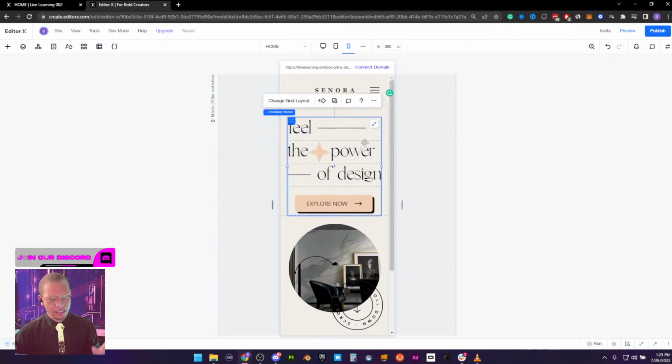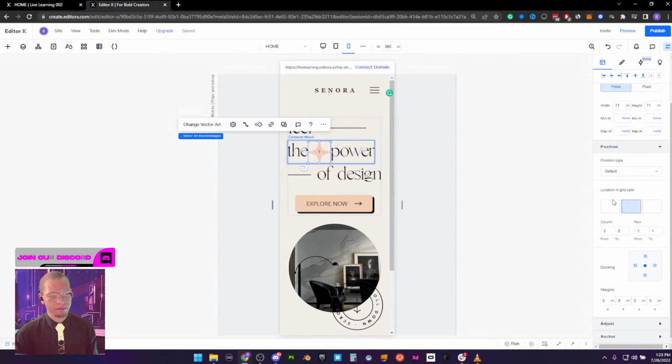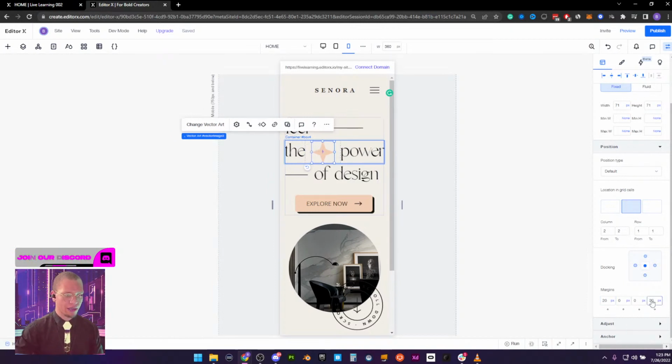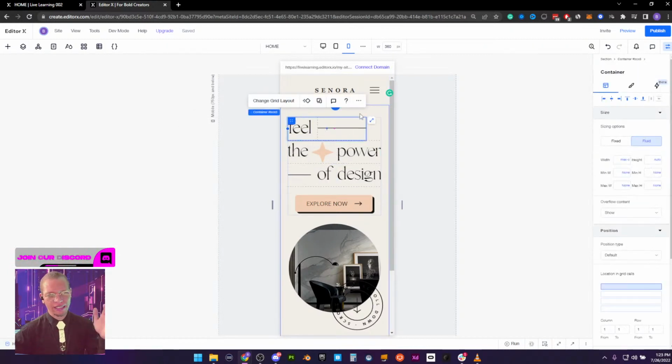Pretty much everything is looking a little bit better, but we lost some of the spacing in this middle row here. So I'm going to go ahead and add some back within this star. We're going to add some margin. We're going to click the star, go back to our inspector, scroll down and go into our margins. I'm going to do 20 pixels on the left and 20 pixels on the right. It might be a little bit too much for tablet, so maybe we'll go to 10 and 10. All right, so we're looking pretty good. Everything is readable, it's scalable, we're good to go.